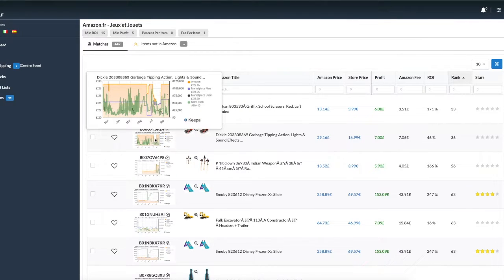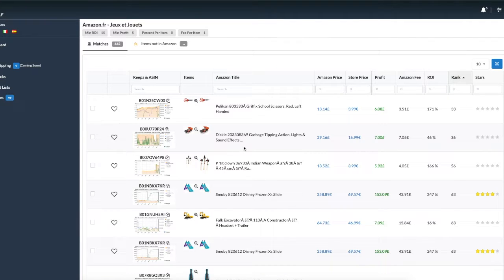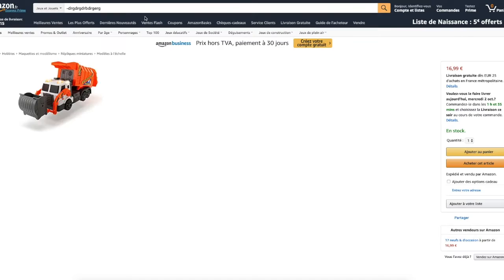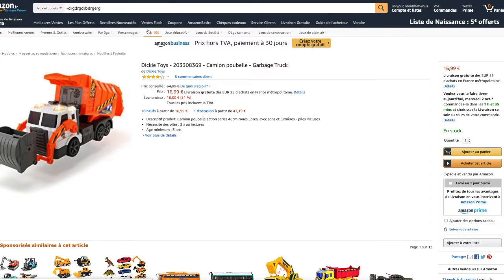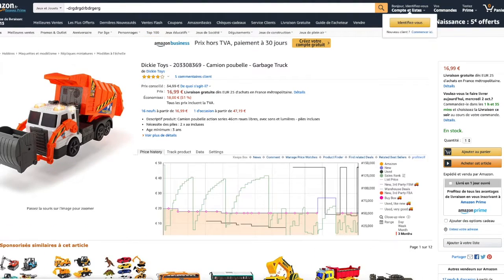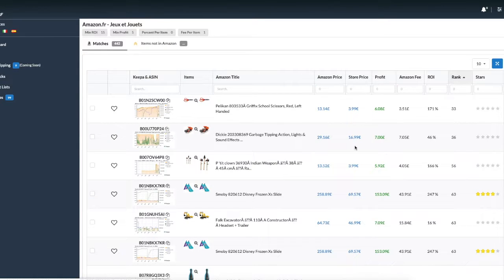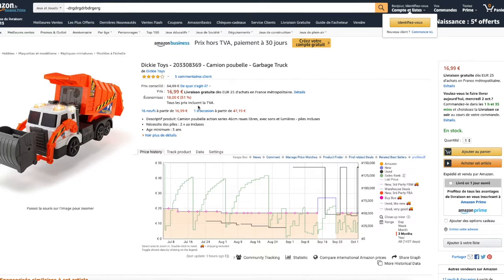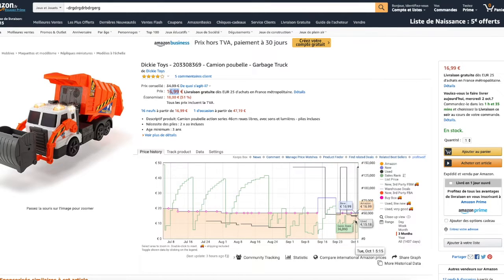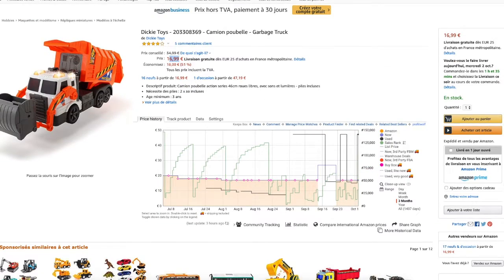So the first thing we can see is that Amazon is on the listing, but it doesn't really matter, especially if you're going to drop ship this item. So let's open the first link, because you always want to make sure that your item is actually selling for the price that's shown here. And indeed it is sold for 16.99 by Amazon. So that's really good, because you want Amazon to be the seller of this item. And then you can resell it for, let's see,